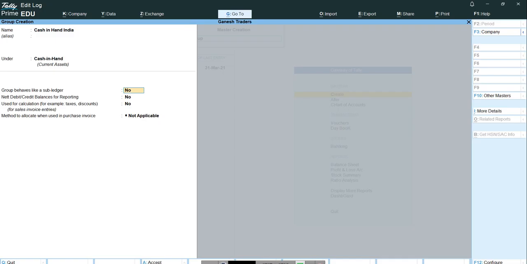When you are going to create a group, you should give no, because if you say yes, the group behaves like a sub-ledger and will be treated as a ledger. But when you give the no option, it will be treated as a group. Method of allocating when using a purchase invoice: by value, you can create by value. Now we can create cash in hand